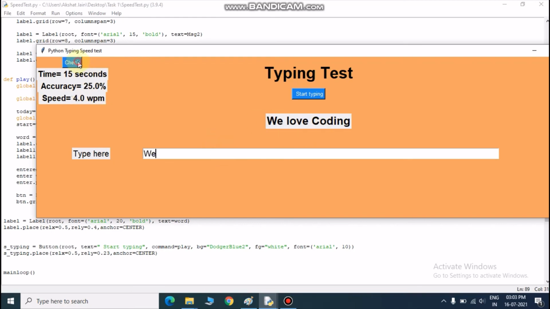So here when we check again, the time is 15 seconds and the accuracy is 25% only, because I have not typed the complete text. I want to show you another thing. Okay, so now let me type this. I have typed the string, and when I check, the accuracy is still 77.78%, because here you can see that T is capital, W is capital, here W is again capital and O is capital, but here I have made it small. So if I make it capital,